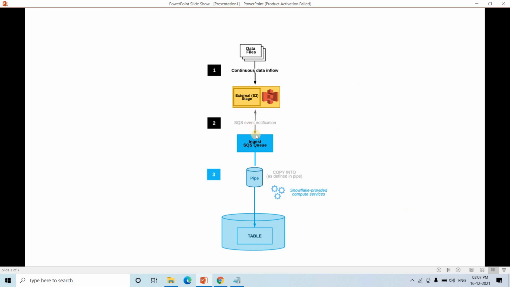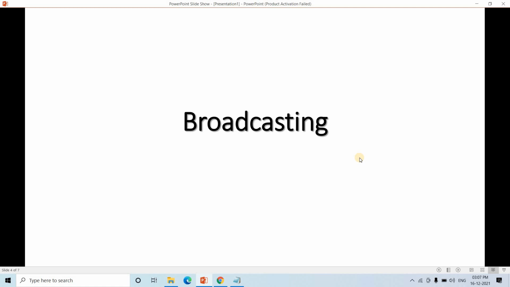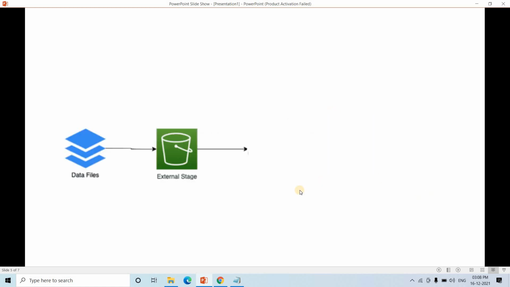If you keep only the SQS event notification, only this particular functionality will happen. But if we incorporate SNS, then broadcasting functionality will also be added in our pipeline, right? So from that single S3 object creation event, we can trigger multiple things. So sometimes data engineers or solution architects prefer to use the SNS approach.